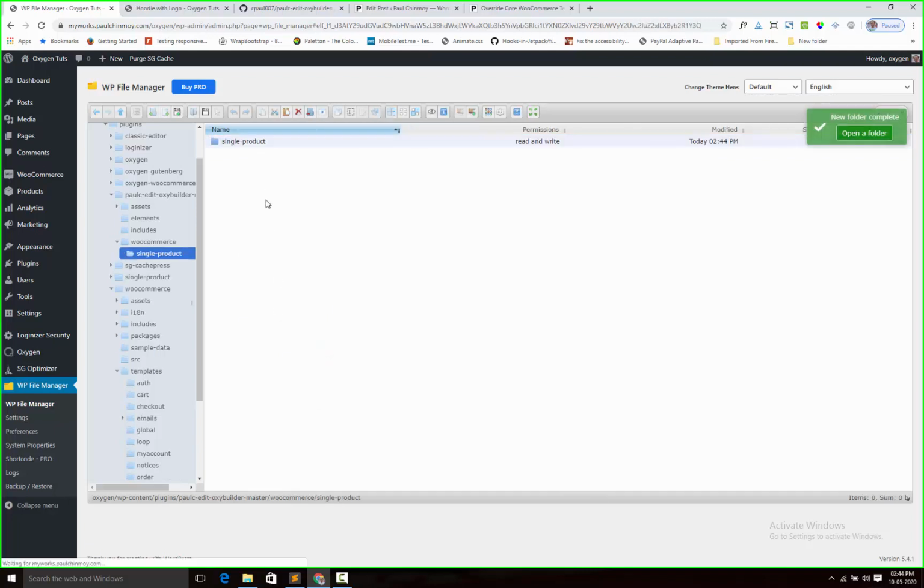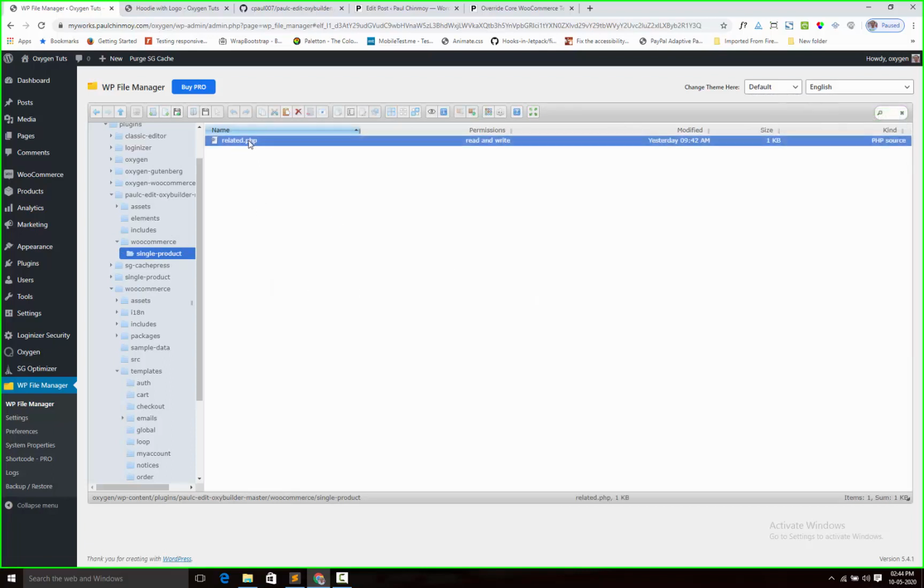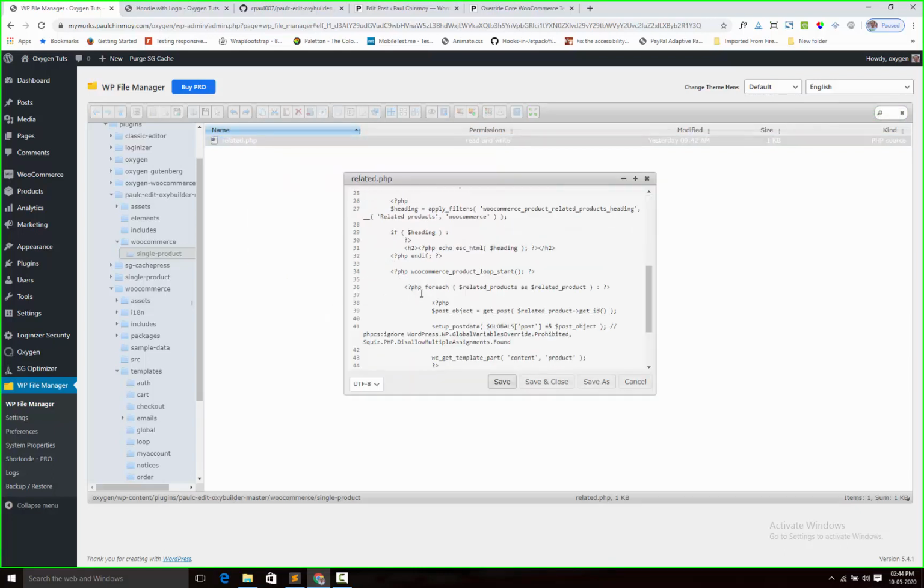Inside this folder I am pasting the file. Now I am opening the file and editing the text.